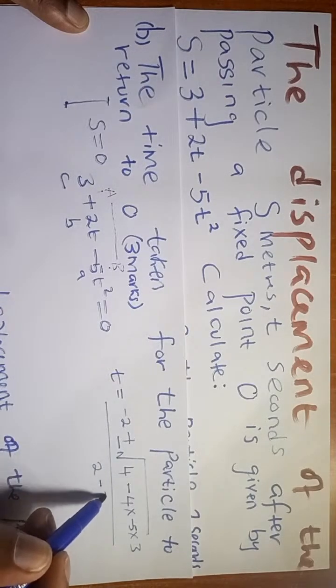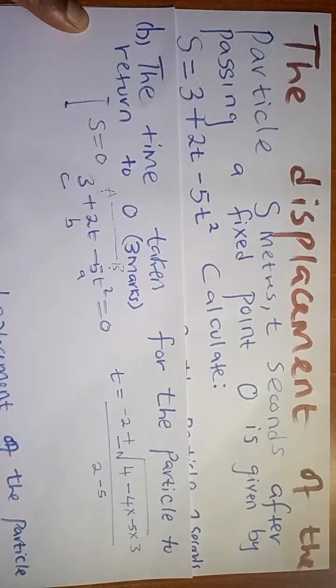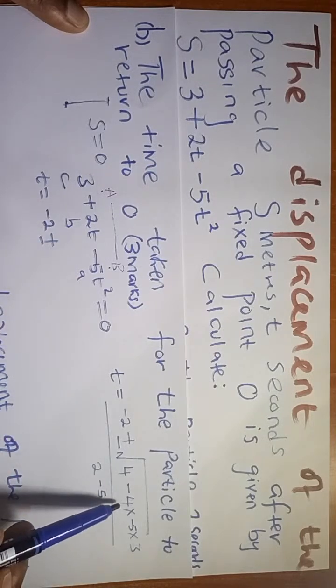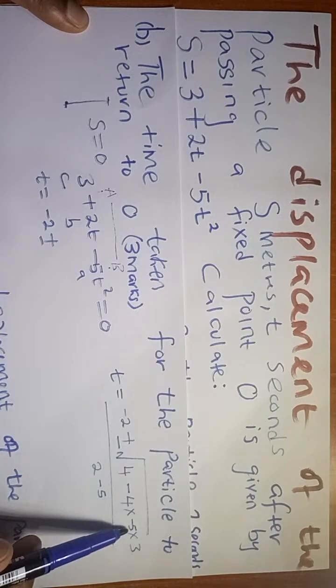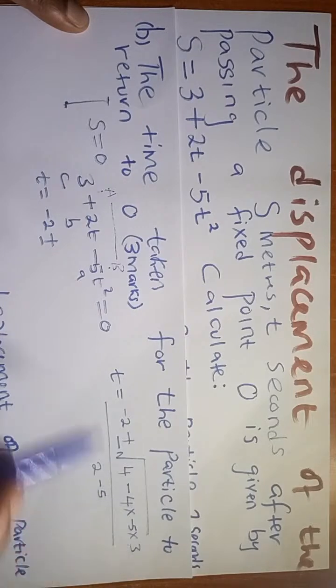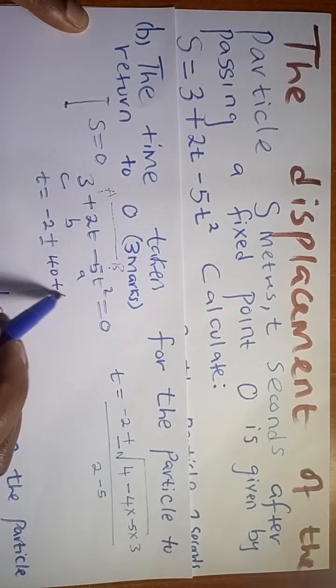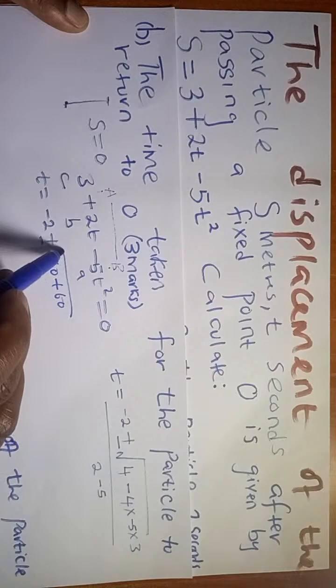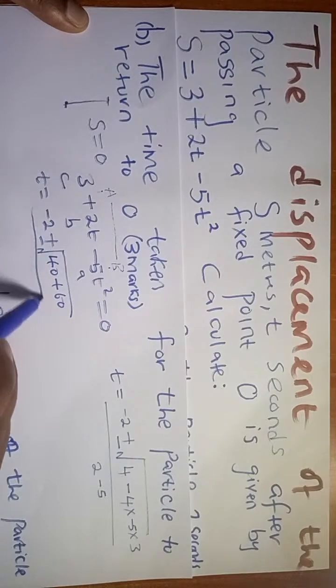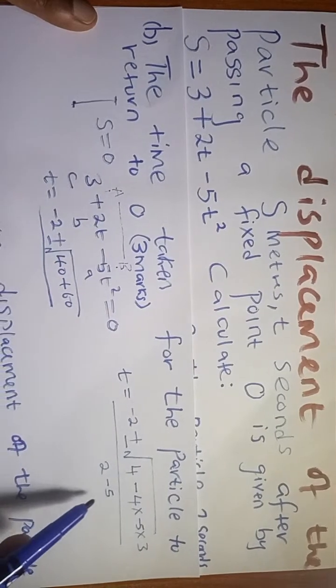Our a is negative 5. So we'll get that t is equal to negative 2 plus or minus, multiplying 4 by 5 minus 4 by 5 is 20 by 3 is 60. So we'll have 40 plus 60. And then those are under the root, divided by now negative